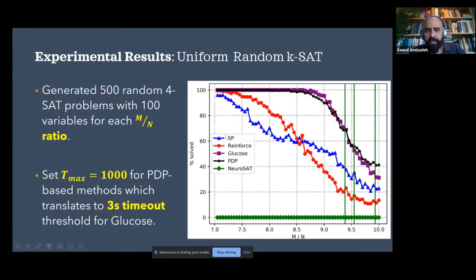Compared to the classical survey propagation and the reinforced method, our method performs much better. The y-axis here shows the percentage of the problems that we could solve within the time limit. According to this graph, our method comes very close to Glucose, with almost similar performance. This may give the impression that we are beating Glucose or doing on par with it. Of course, this is not the case, and the reason is